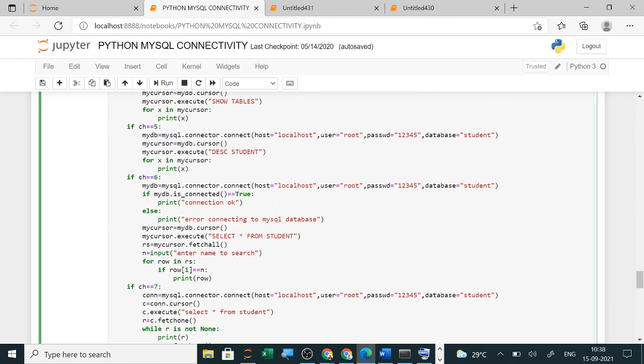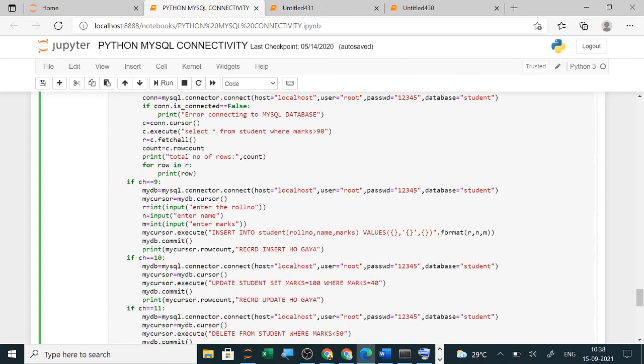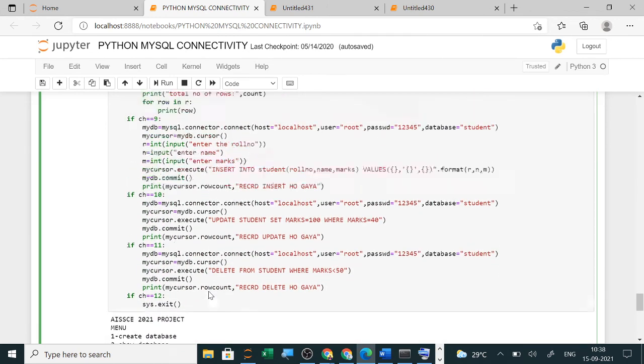Now select query. If you want to search with a roll number, admission number or name, then you will ask the user to enter it. After for loop you will check here and then you will display it. Here the row what it is taking, in that row 0 is the first column, 1 is the second column. So here with name you are searching, that's why here 1 is written. Understood? So this project for term 2 you start with.